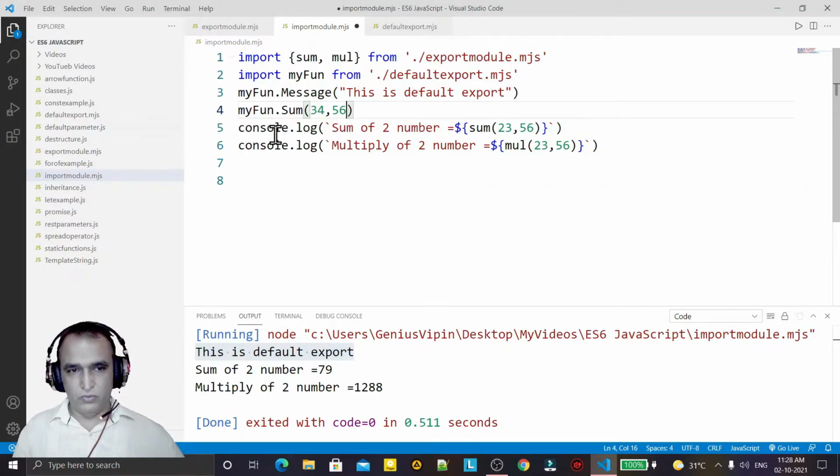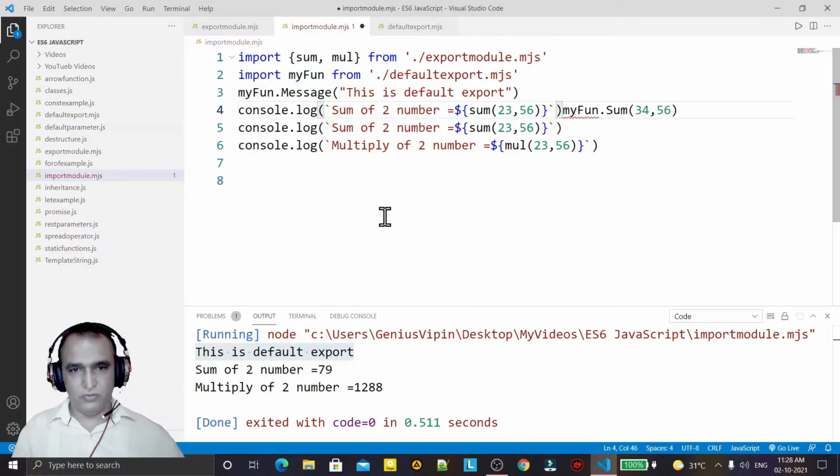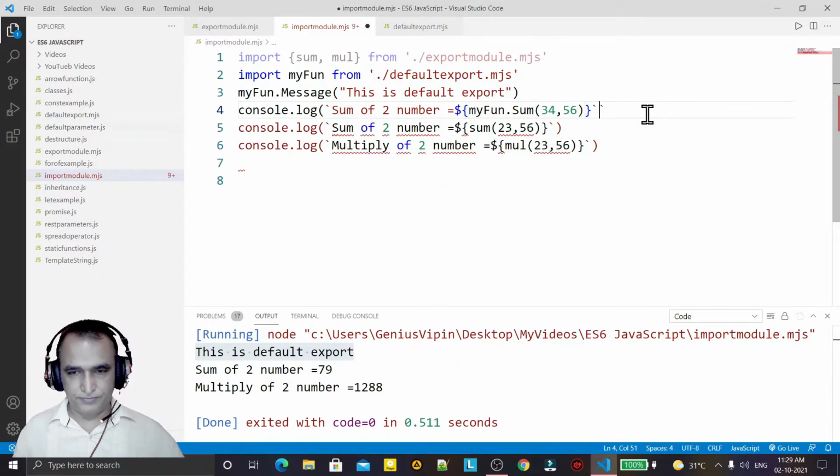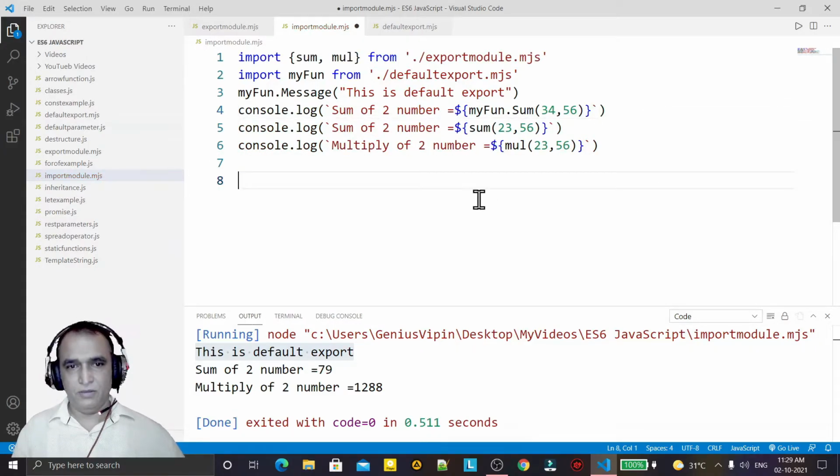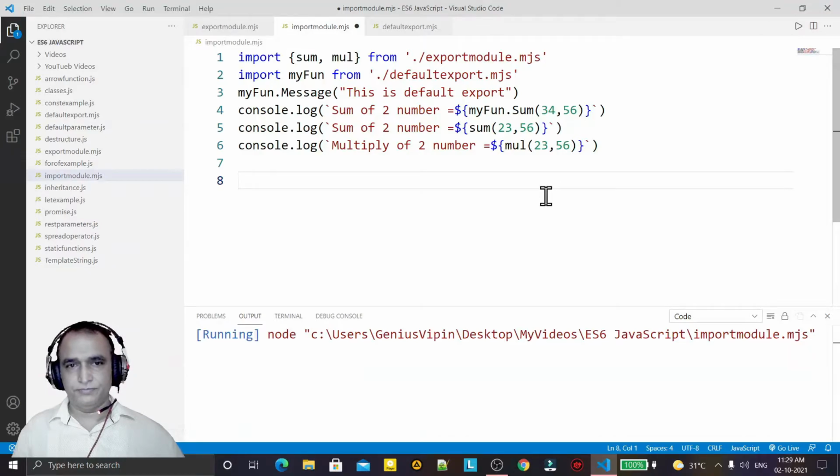I have to use console also because I want to display this value. I close it like this and I try to run it.